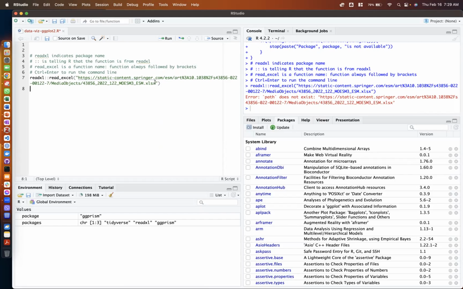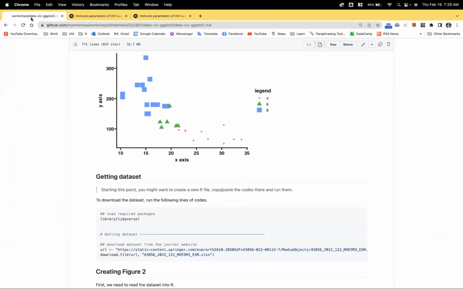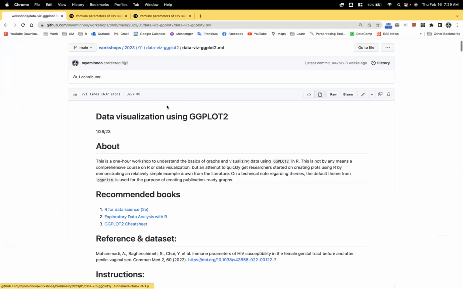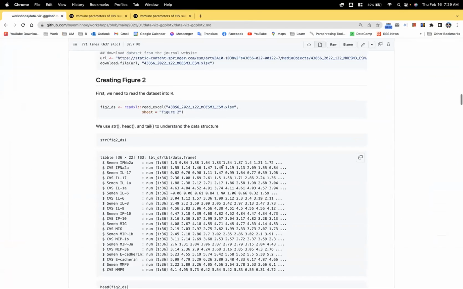Apparently it is saying that there is no, the path does not exist. So that is tricky because I think Excel does not work with the, what do you call it,